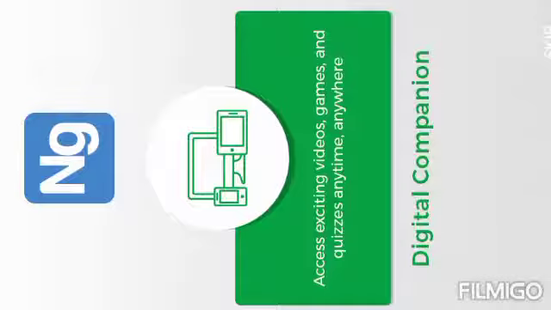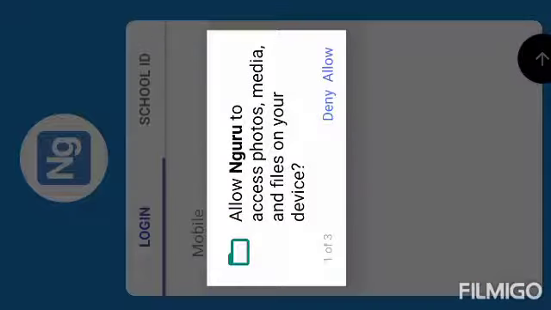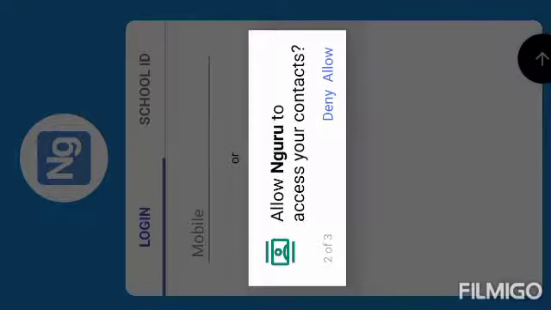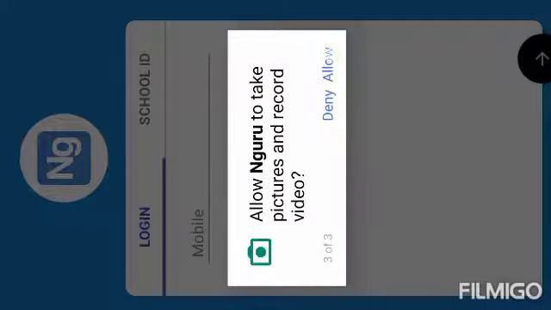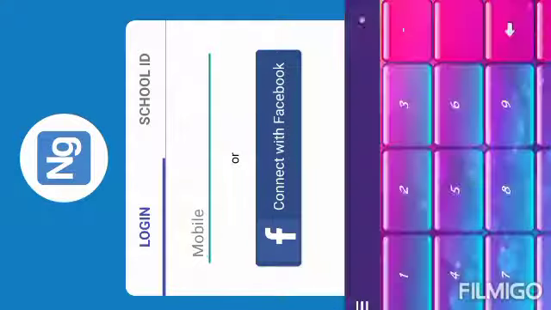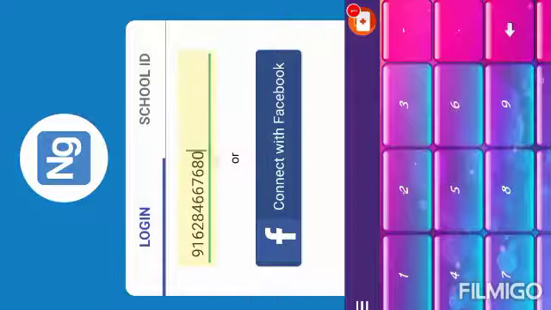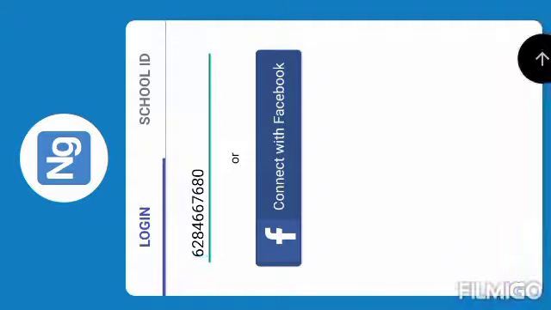Then you can click on Skip, Allow, Allow, Allow. Then you have to enter your mobile number. After entering your mobile number, you have to click on this arrow.